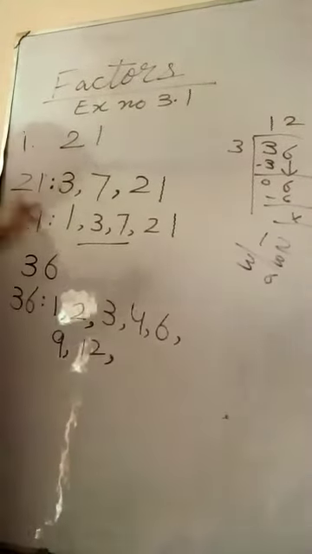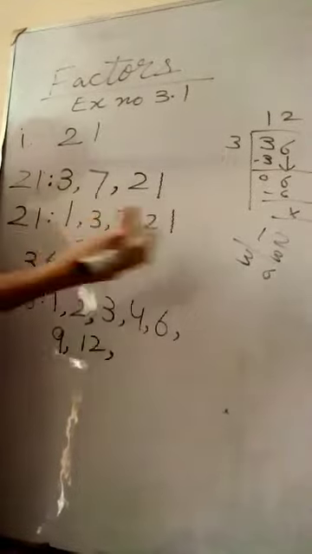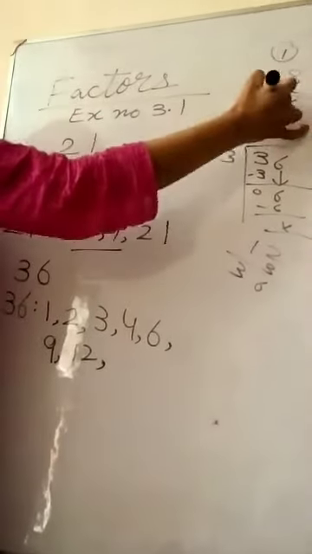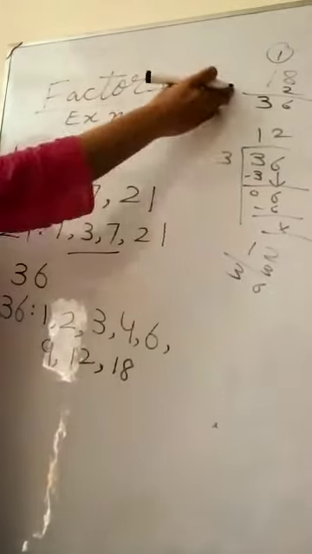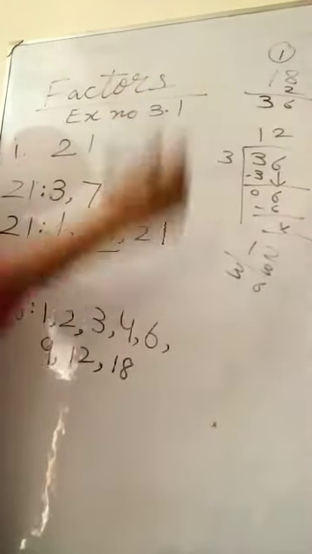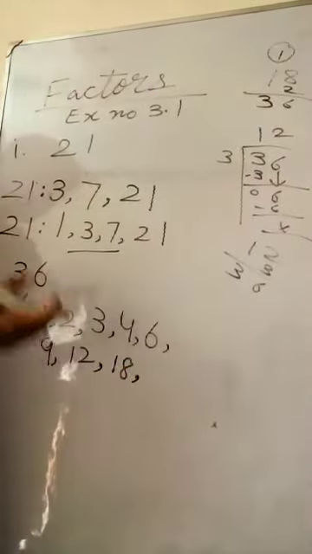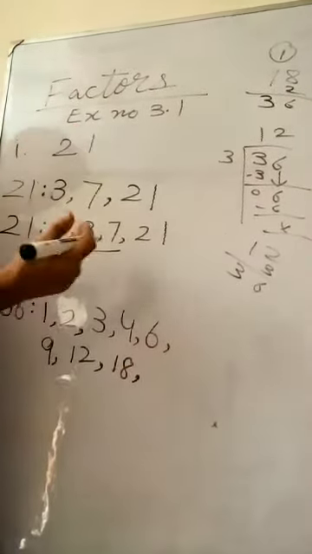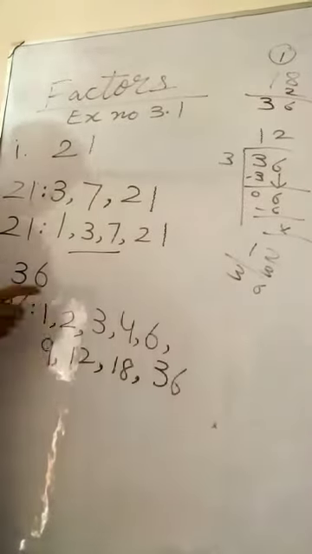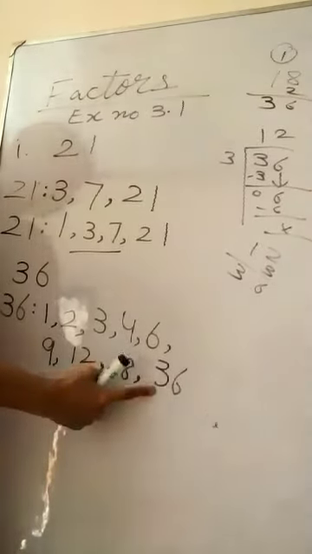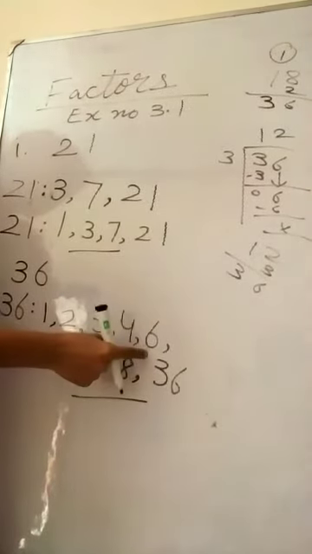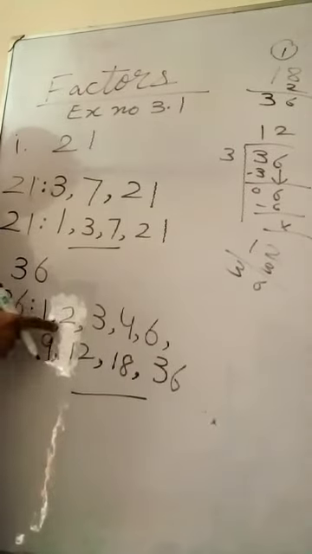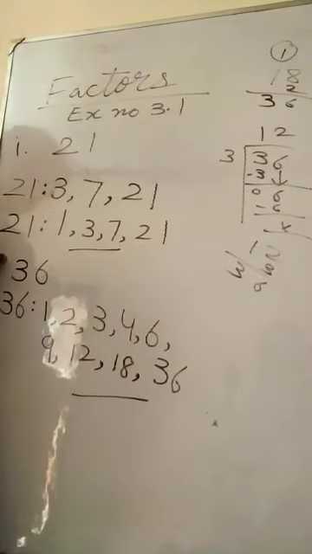Then we will check with 13, 14, 15, 16. Let's check with 18. 2 eights are 16, 1 carry, 2 ones are 2 and 3. Yes, 18 is the factor. So you can check with divide and you can check with multiply. Then we have 19, 20, 21, 22, 23 and up to 36. 1 and the given number you need to include in your answer. Draw the ending line. So these are the factors. The number must be divisible by these numbers. So these are the factors. Thank you.